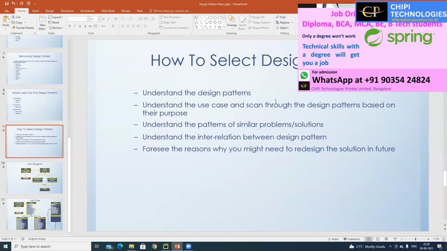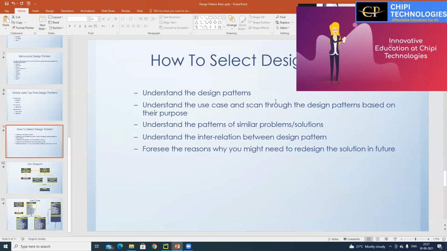So the first thing is, you need to know all the design patterns. Second, if you know all these design patterns, it means you also know the different use cases that each design pattern can be used for. Then you think about your use cases, scan through all these design patterns, and think about what is the most suitable design pattern for you. Third thing,